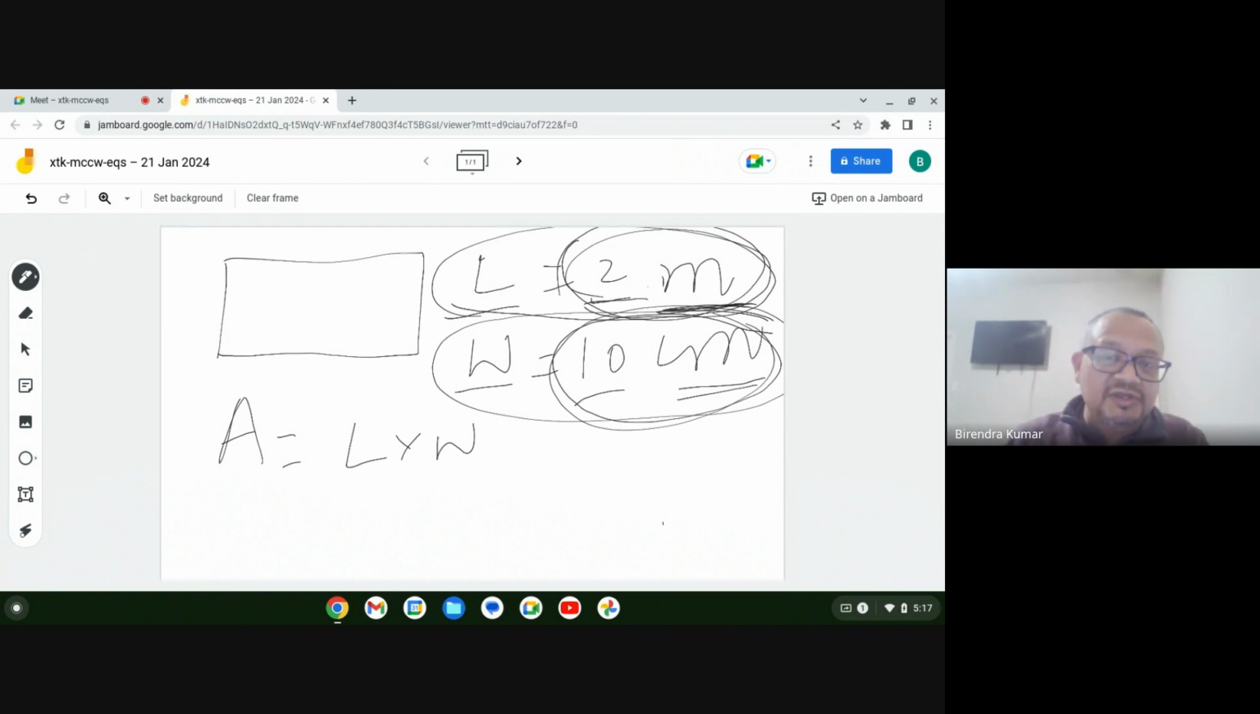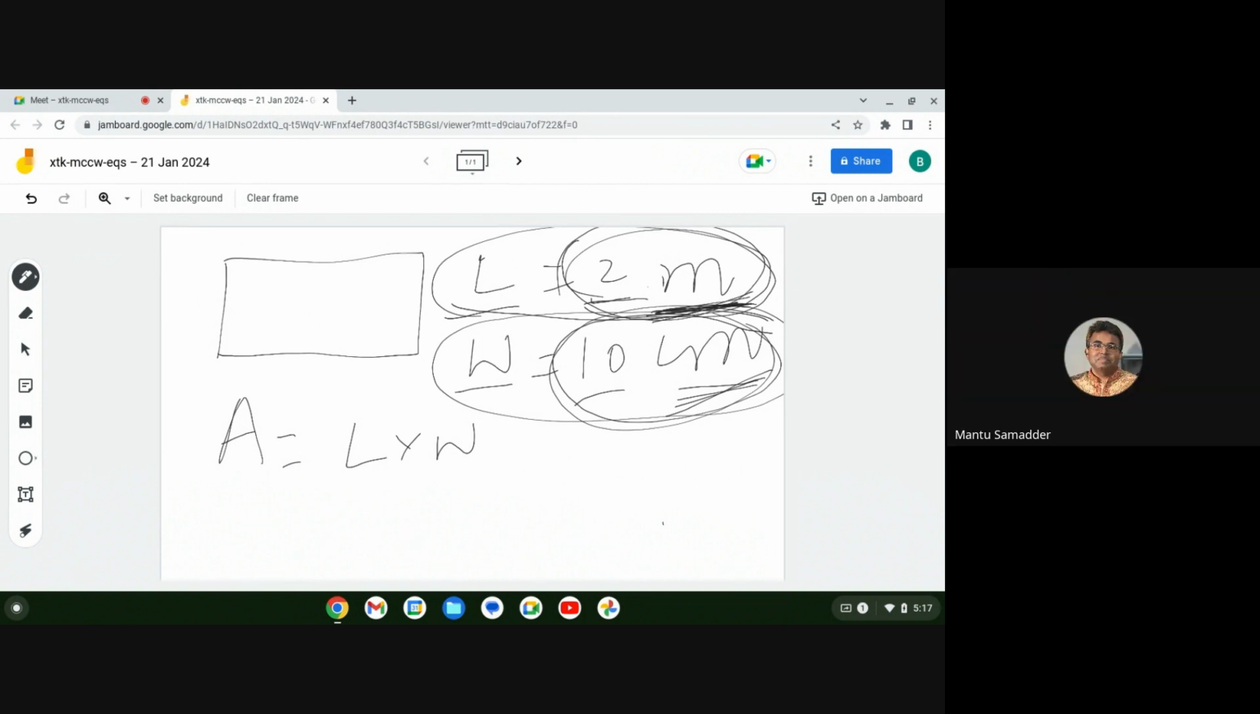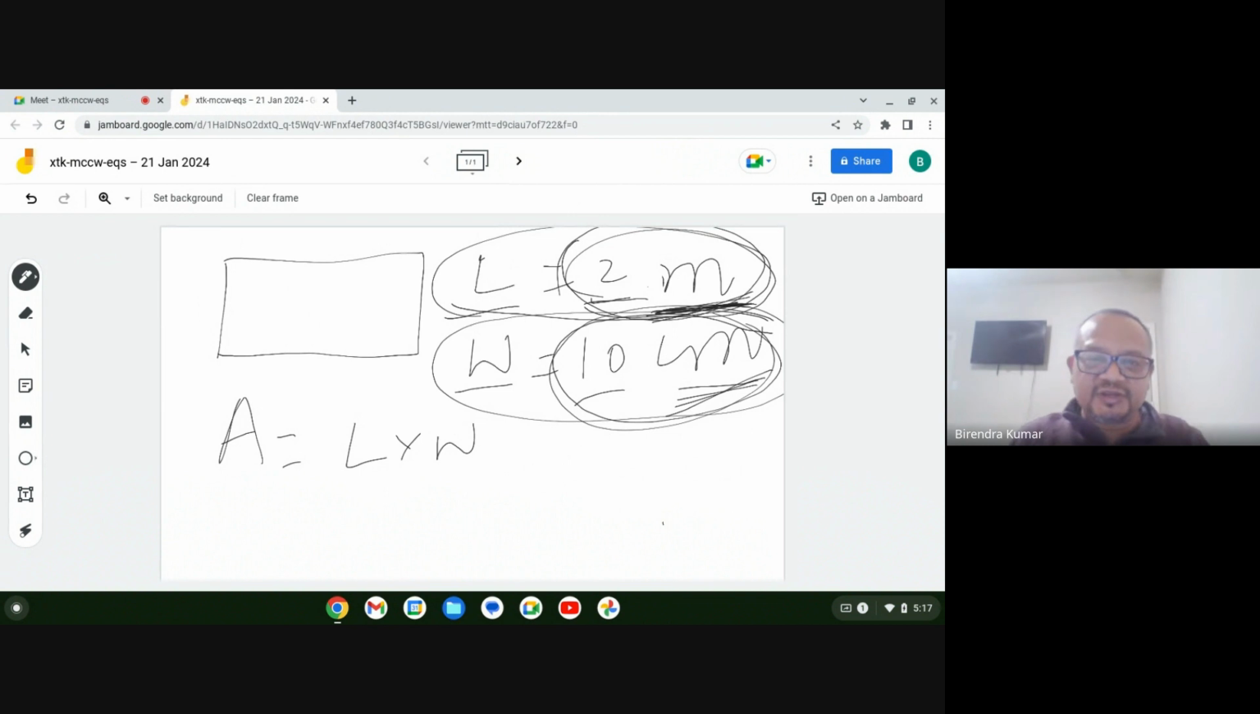First thing we have to do is look at the units. That's why it's very important to look at the units. Which one is bigger, which one is smaller? Is meter bigger or is it centimeter which is bigger? Which one is bigger, meter or centimeter? I mean, on a scale. Meter, yes, meter is bigger. Okay,